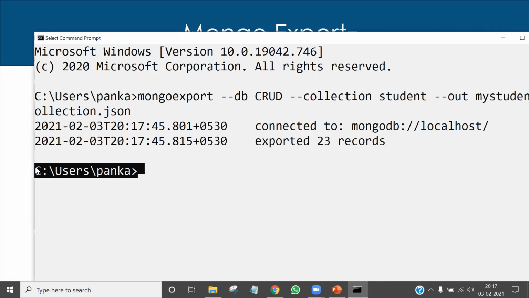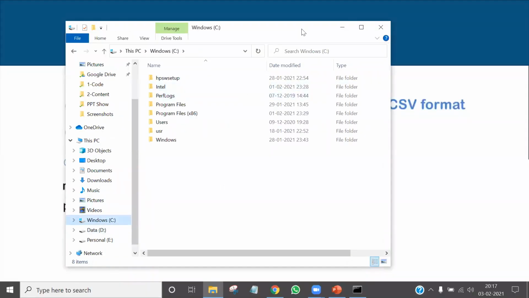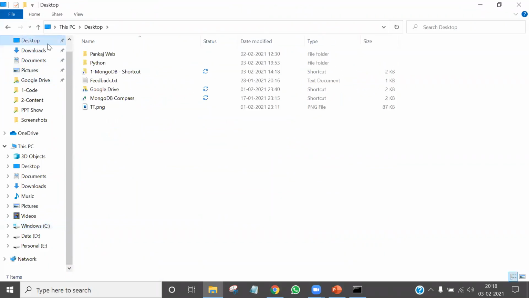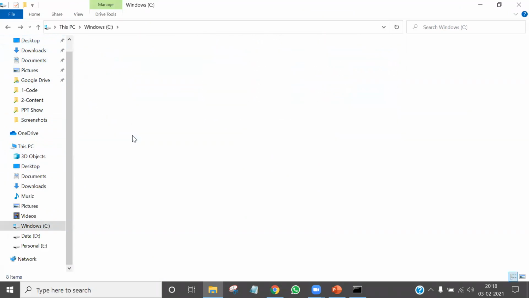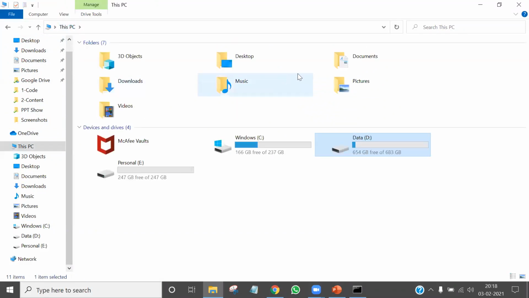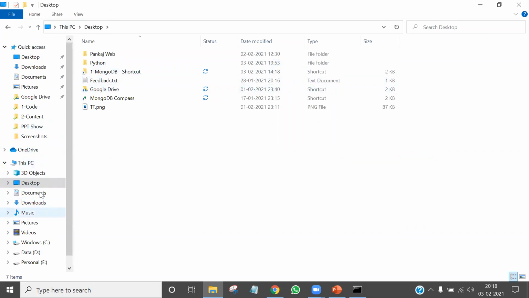Okay, let's see. I'm going to go to that particular path. So I'm going to open this folder, go to the C drive, and let's move upward, desktop. I think, okay, I'm not able to find my path.